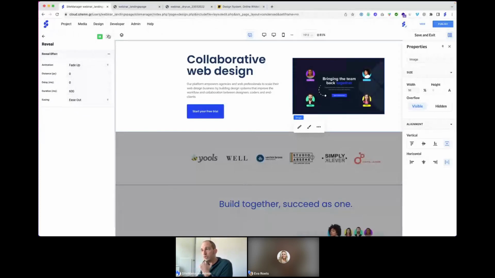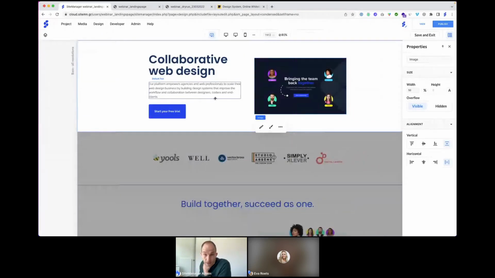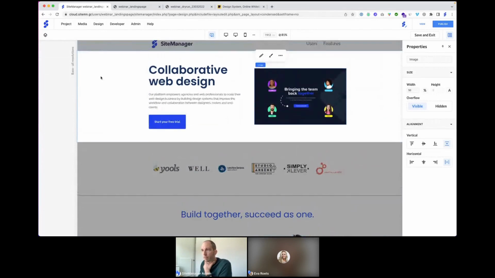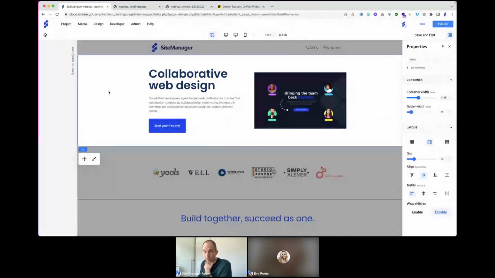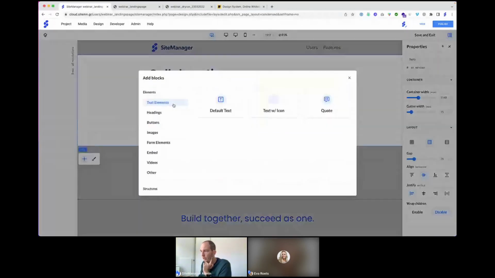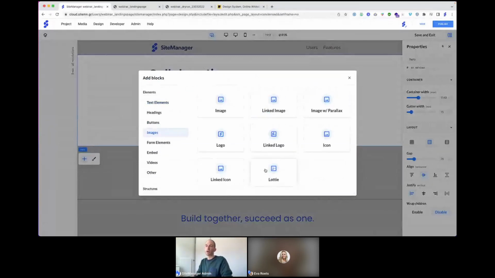But there also is another nice thing, John, and I don't know if any of you heard of Lottie. Lottie is a great animation library, and just as we are adding clean images here, it's also possible in the Element Library to add a Lottie file to it. And that way you can also